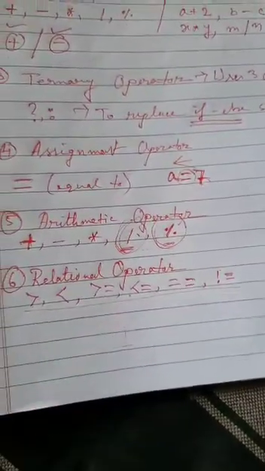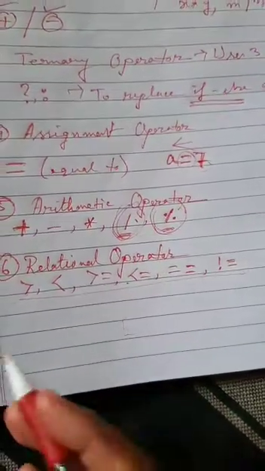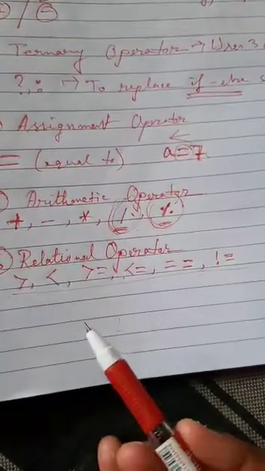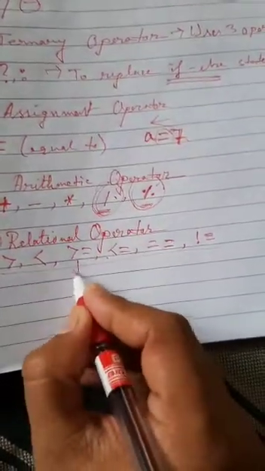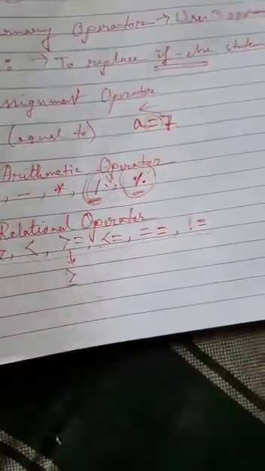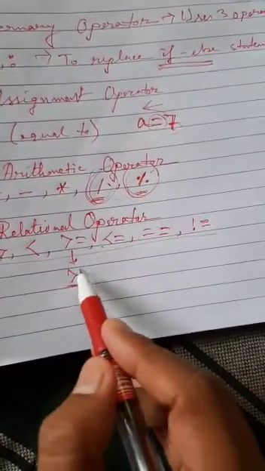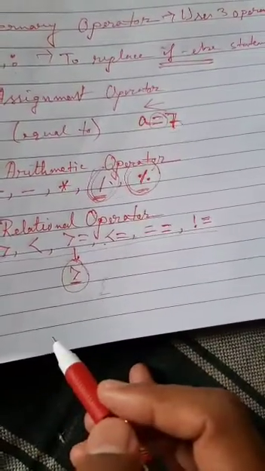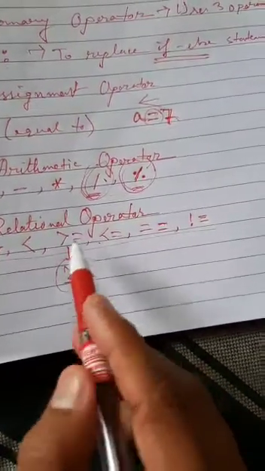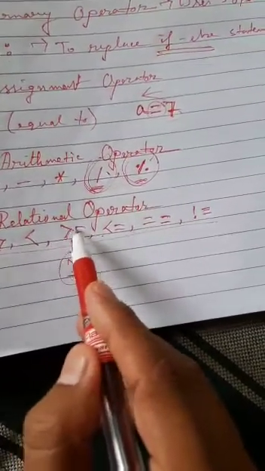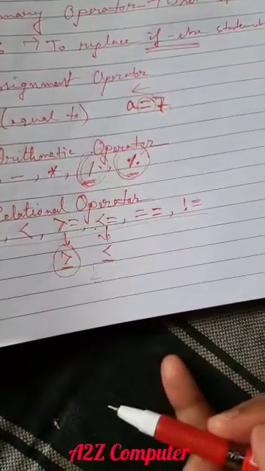First, greater than. You know the function of greater than: to find which value is greater than the other. Less than is also the same, which one is less than the other. Greater than or equal to is the same as in maths. This is the substitute for the maths symbol, because that type of key is not present on the keyboard and is not possible to type. That's why in Java we use greater than or equal to. Similarly for less than or equal to.